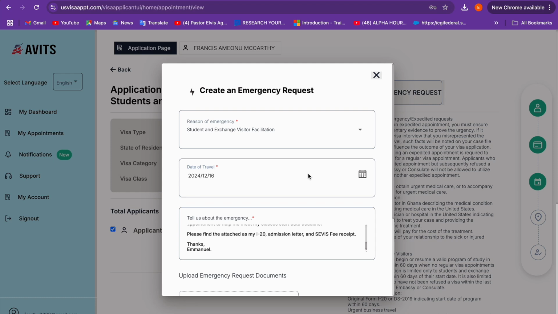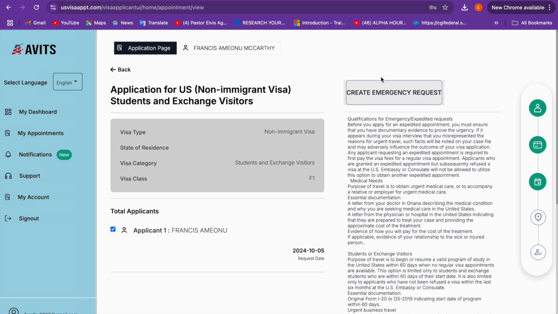I'll come back again with how to update your profile in the Avits system. For the meantime, I haven't seen how to update the profile. For instance, let's say you made a mistake in the DS-160 and you filed a new DS-160, and now you want to update your profile in the Avits system to update your DS-160 confirmation ID. I haven't seen it yet, but the best option you can use now is to create a